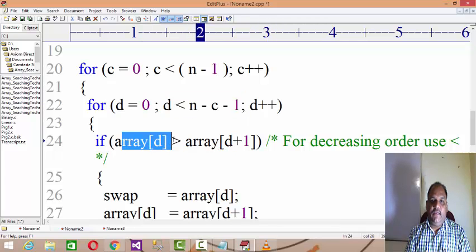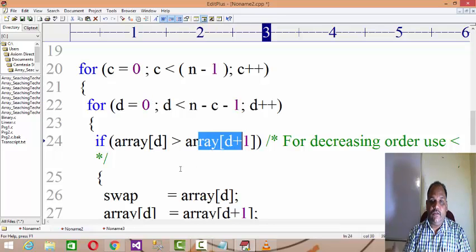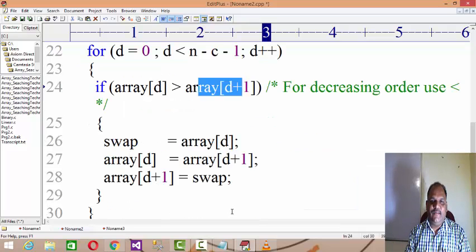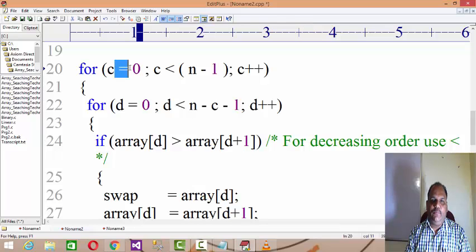If the array of D is greater than that, the greater element, the heaviest element, will sink to the bottom, then exchange them, right? So at the 0th position you will find the lowest element, because the heaviest element you are putting into the bottom, right?